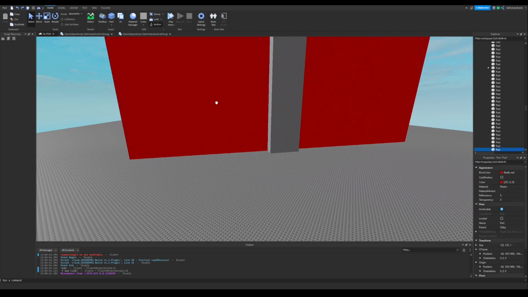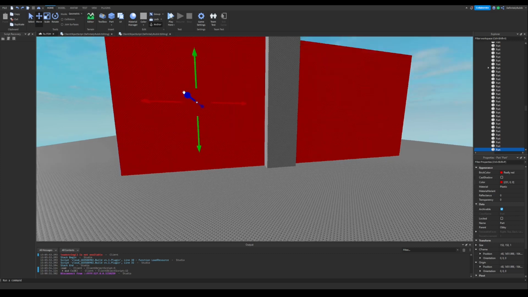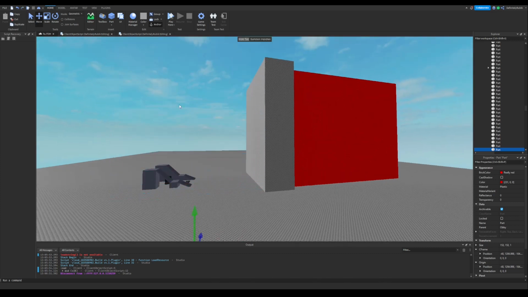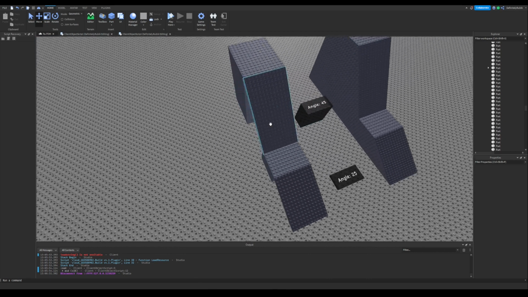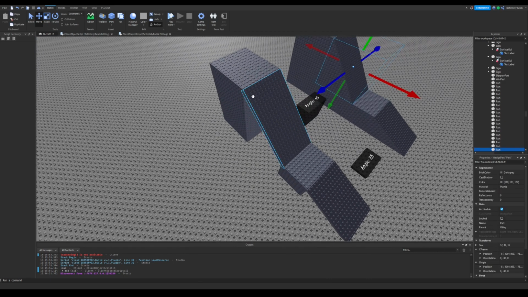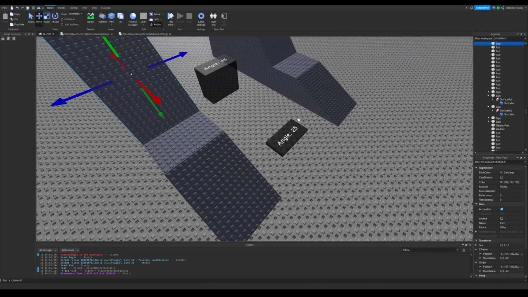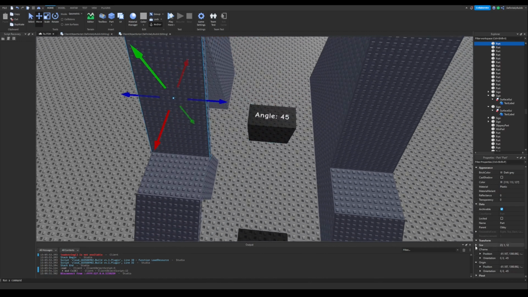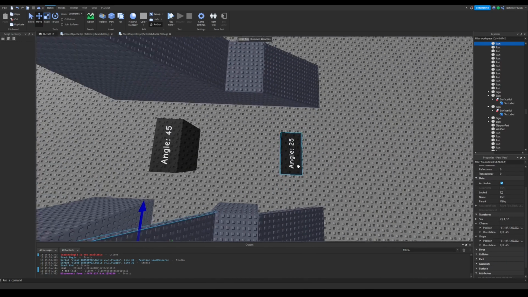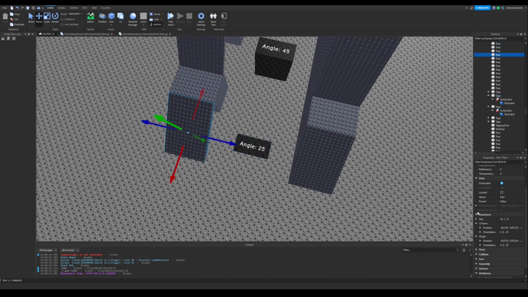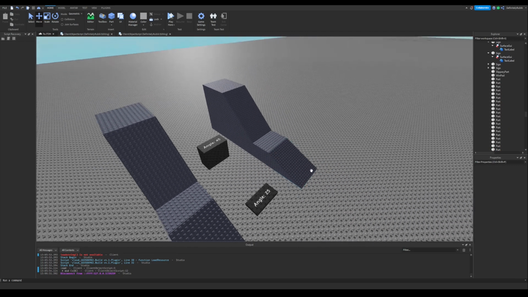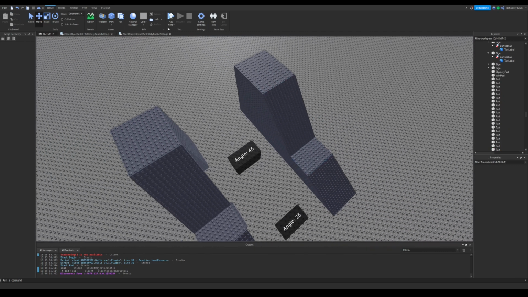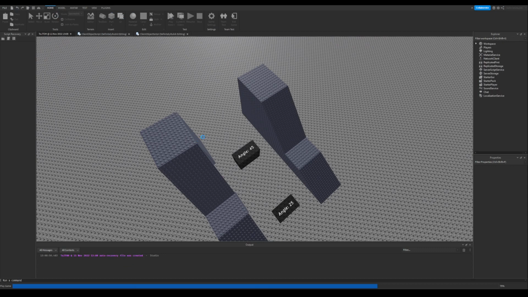So, if we move down this little barricade right here, I have this little setup, and there are two slopes right here. One of them is with wedges, and one of them is just a rotated part. And you see this one, the angle is 45 degrees. You can see that right here. And right here, the angle is 25 degrees, and you can see that right here. I can't really show that on the truss, or on the wedge rather, but it's there. So, if we were to hit play here,